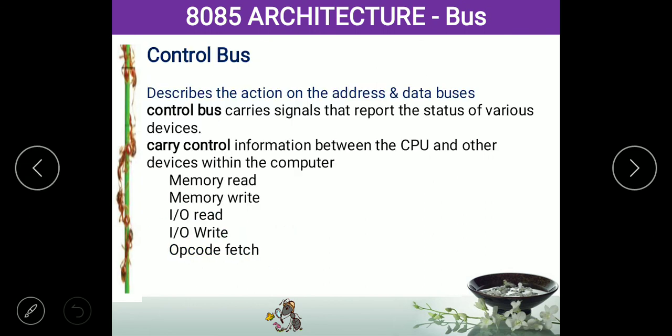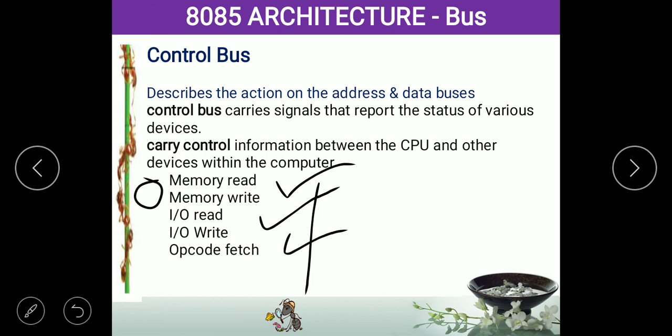So it has this operation. If the control pin is high, or binary 1, then it is going to read from the output devices. If it is 0, then it is going to read from the memory element. Suppose the processor is giving some output. At that time, if the control signal is 0, that means the processor is going to write the data in the memory. When the processor is giving some output, if this control signal is high voltage, then it shows that the output is going to be displayed on the output devices, either the monitor or the printer.